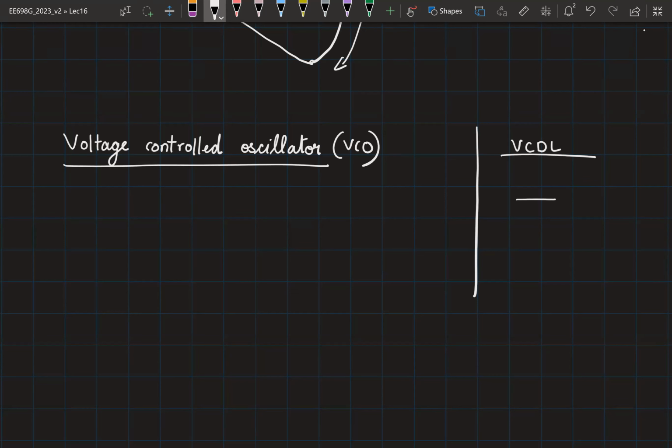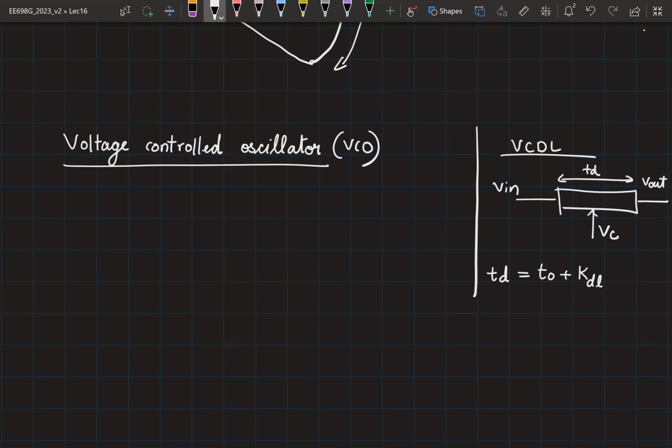So this basically consisted of a delay line. If I give an input, I will get the output with some delay TD. And this delay TD can be controlled by varying a control node voltage VC, right? And I can derive an expression such as TD is equal to T0 plus KDL into VC, where KDL is